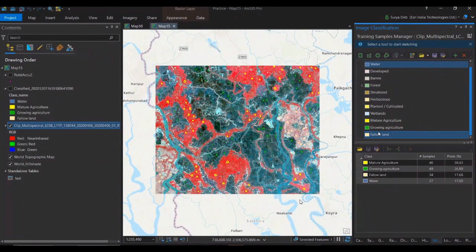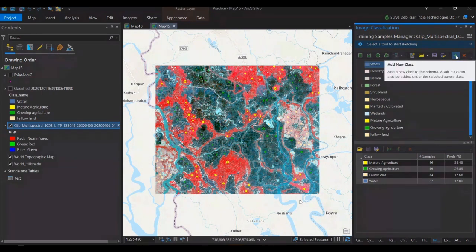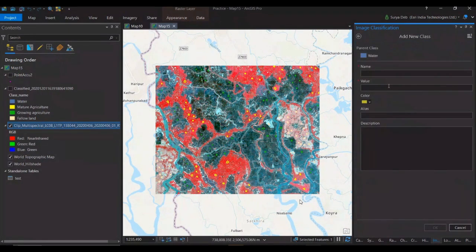This is a learning process. When I did it the first time, I did not consider that, and it created a problem in my accuracy assessment. That is the reason you have to be very careful about your values. Whenever you come here, you click this plus symbol to add a new class. Chandan showed this in a very nice way, and I am just explaining how we did the classes. Here you give a new name, whatever new classes you want. Suppose I am going to create a class here like a small river.